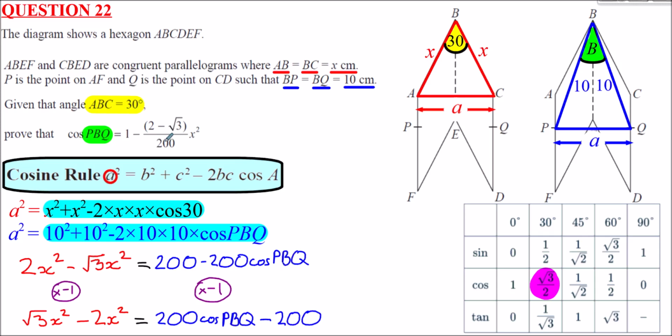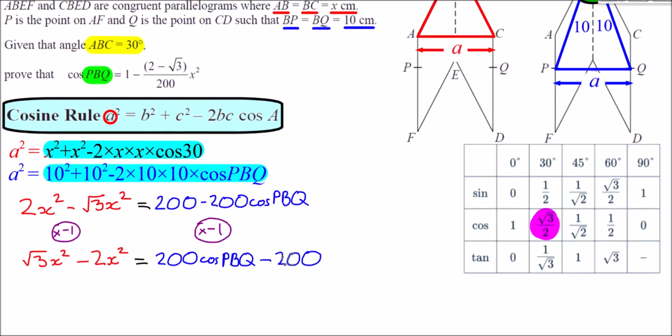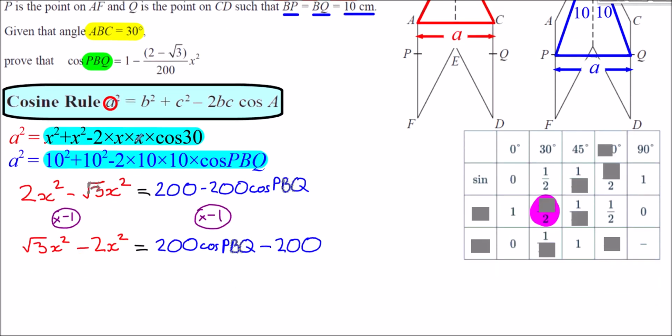So next, so it looks a bit more like this, I'm going to factorise out the x squared from this side. So I'm going to have this as being a 2 and a minus root 3. If you're thinking, but that's a minus 2, don't worry, I'm coming back to this in a moment. I'm going to stick a minus sign in front, so it looks like my target. So I'm always trying to prove the target, so you're trying to aim to have the thing you're trying to prove look like what it needs to be. Then over here,